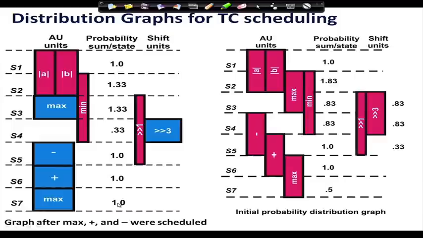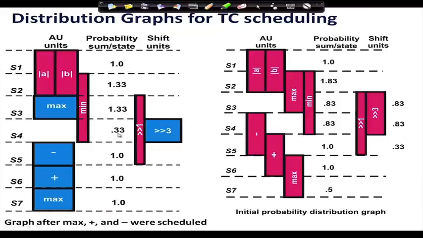So, that is 1, max is scheduled, this step is now full. This blue means wherever I have already allocated. So, that means max is full. Now, next I do that, plus can there be here or here? Now, this time is free. So, I put plus here. So, this is also full, minus here, it is also full. Now, as I go to this minus, so these are full, all full.